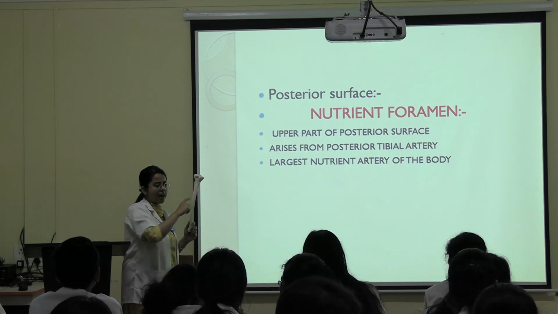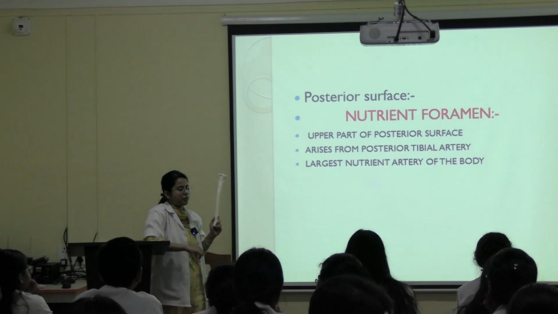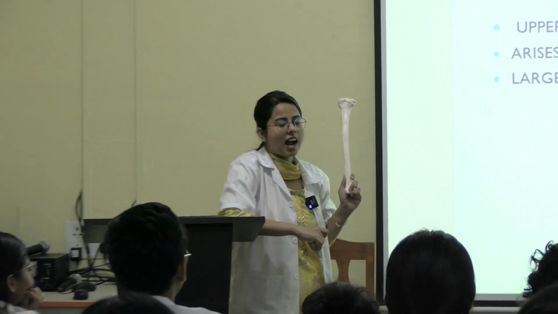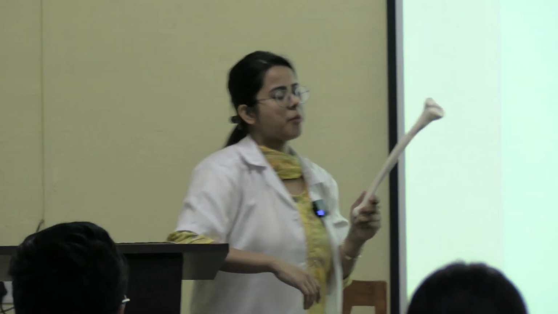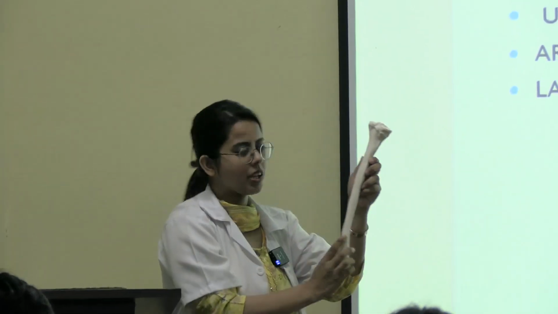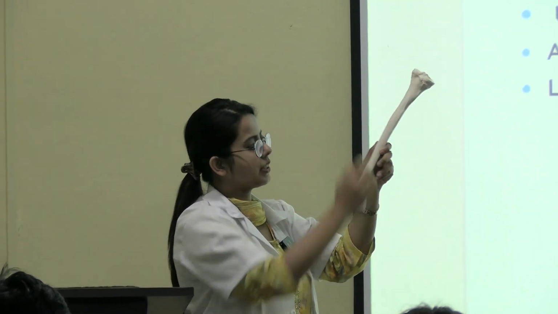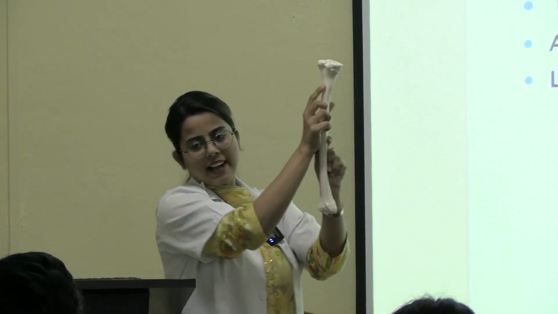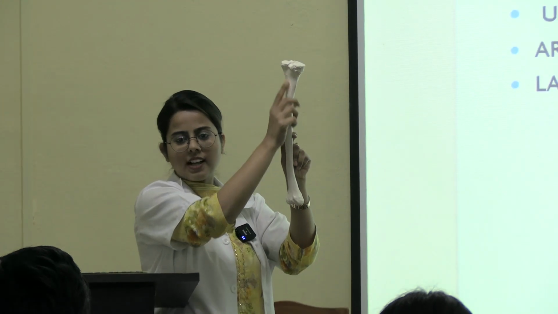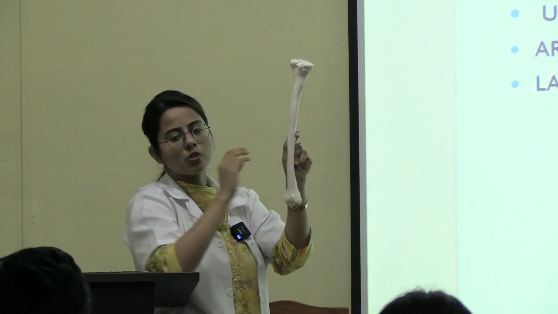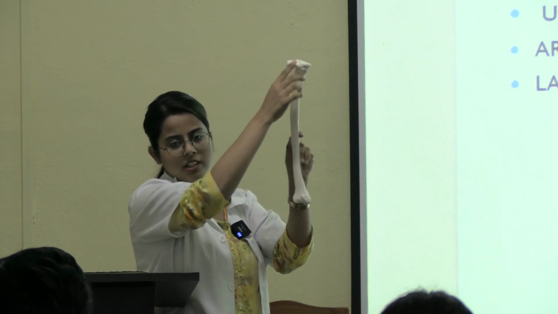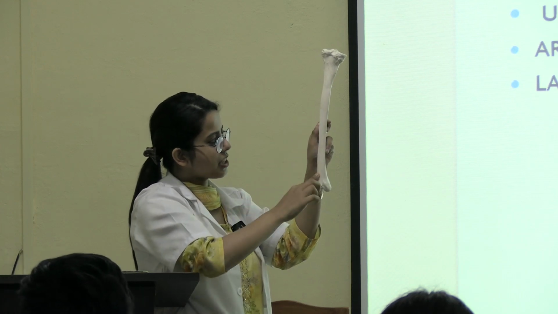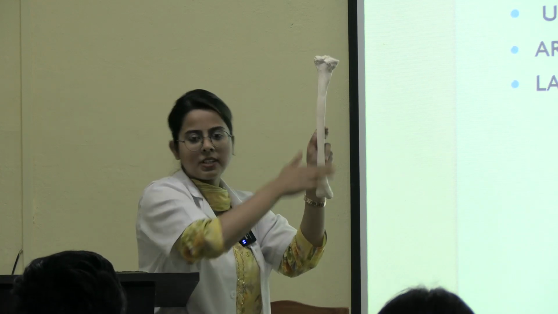So the nutrient artery will pass through it, and this nutrient artery of the tibia is a branch of the posterior tibial artery, and this is the largest nutrient artery. Clear? So I am describing the posterior surface again. This is the posterior surface present between the lateral border and the medial border. In the upper 1/3 part you will have a ridge here, which is known as the soleal line. It is dividing the posterior surface into two parts. This upper part is triangular in shape, and this lower surface will again be divided by a faint ridge into lateral part and medial part.